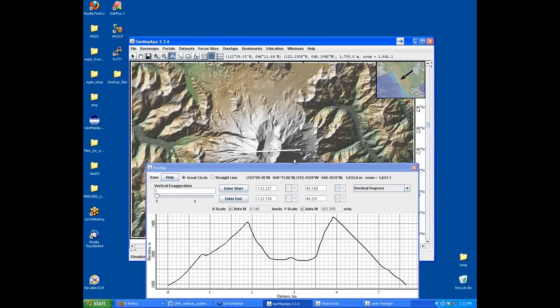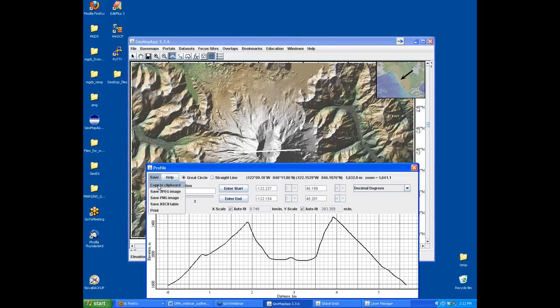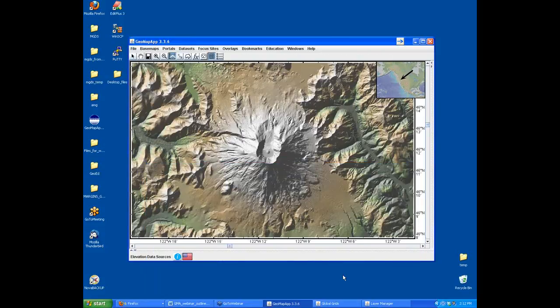Okay, so if we want to save that profile window, we can go to the Save button, and there's a number of options to save it. We can save it as an image or as a table, and send it to the printer, or put it in a report, for example. So for now, I'm going to eliminate the profile window,